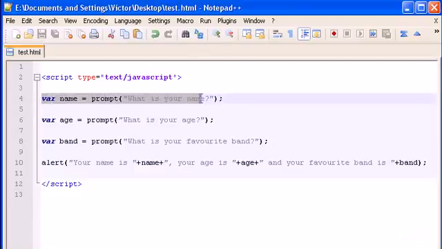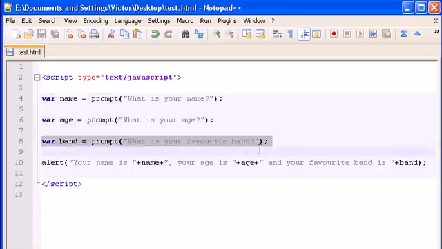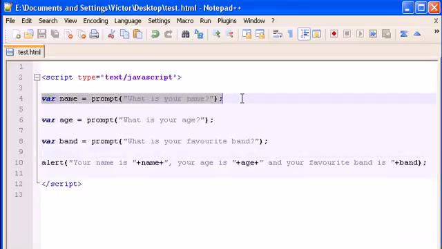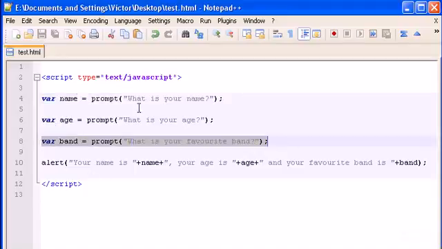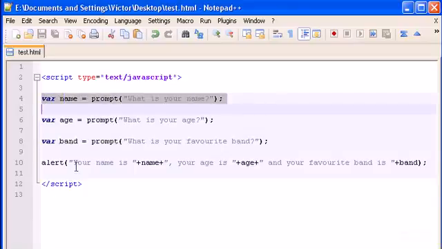So you remember that first appears the name, then appears age. So JavaScript always reads the code, and not only JavaScript, general programming languages read the code in order, okay. First line, second line, and so on. It doesn't read first the variable band and then the variable name and then alert and then come back to the age. It doesn't read like that. It's always in order, line by line. So you can play with the code a little bit more on your own, okay, and develop more skills,